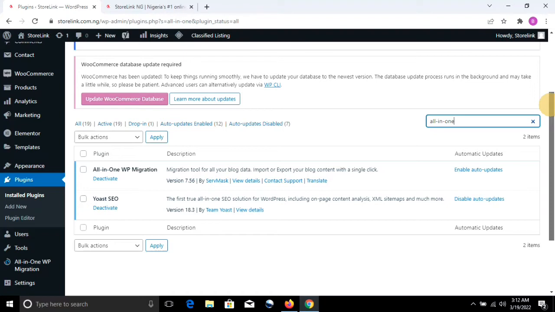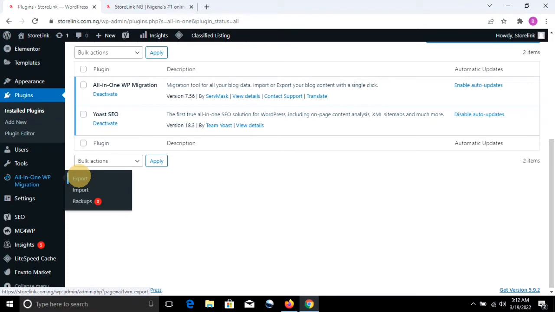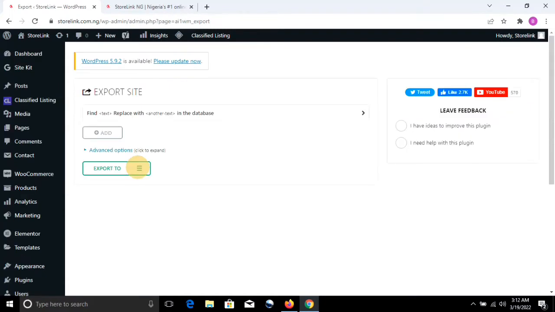You have to install and activate, and once you install and activate, then you can continue from this screen where I am right now. Okay, so this is the plugin. Then you see the dashboard for the plugin here. Then you click on export. You can see it says export site. You have to export the site first,